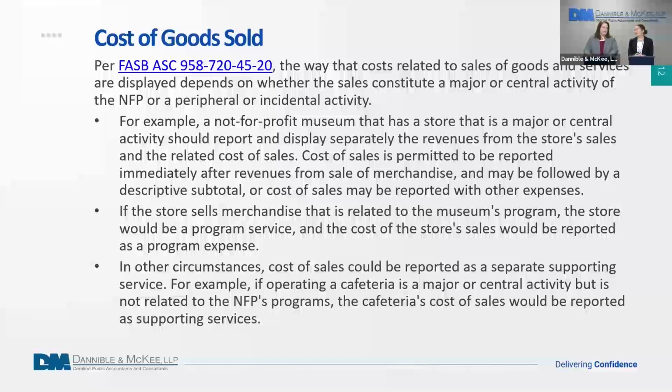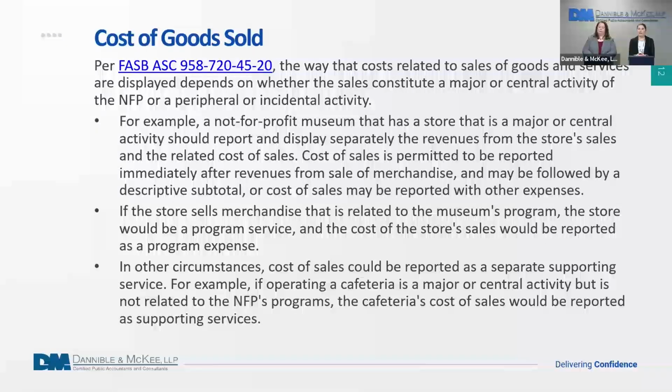Angela's going to take over. We're going to talk a little bit about cost of goods sold. Many nonprofits that we work with don't have cost of goods sold, but there are organizations out there that are providing services in exchange for compensation. So according to the FASB guidance, and you can see the exact reference there,